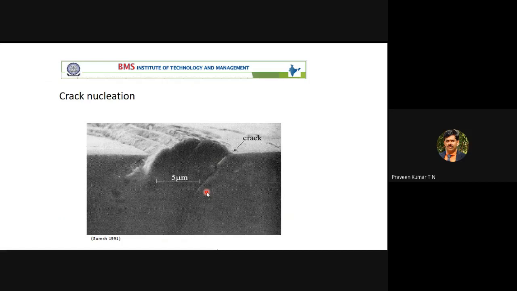A very, very fine crack cannot be identified by the toolmaker's microscope, the microscope you have in our lab. Then you have to go for a scanning electron microscope. That will be costly. Even BMSC has a scanning electron microscope. It costs around 80 lakhs to 1 crore. The basic model is 80 lakhs to 1 crore. If you go for a high-end model, it may be around 2 to 3 crores. That is costly. Microstructure and material characterization itself is costly.